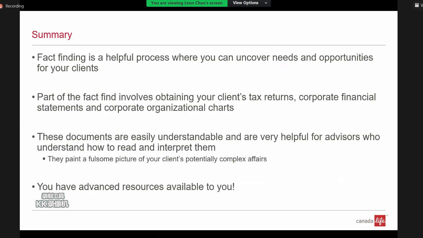So I guess, in summary, fact finding is a very, very helpful process where you can uncover needs and opportunities for your clients. Part of that fact finding includes obtaining the relevant information such as tax returns, corporate financial statements, and corporate organizational charts, right? These documents are usually easily understandable and are very helpful for advisors who know how to read and interpret them. They help in creating more of a wholesome picture of your client's potentially complex affairs, and